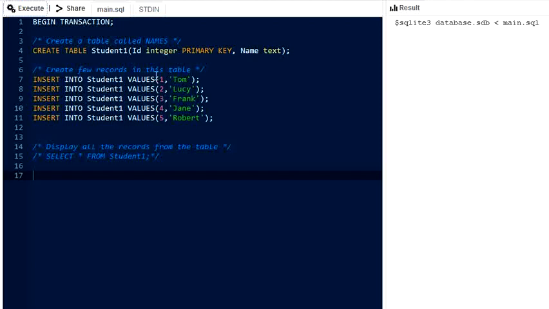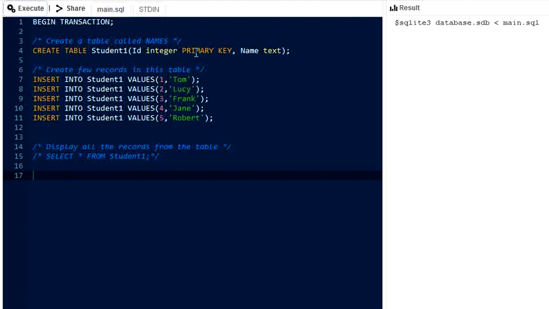Here we are going to create the student 1 table, that is table number 1. First we have to create the table by using the create command. Create table student 1, the name of the table. This table has two attributes: id of data type integer, and it is the primary key.